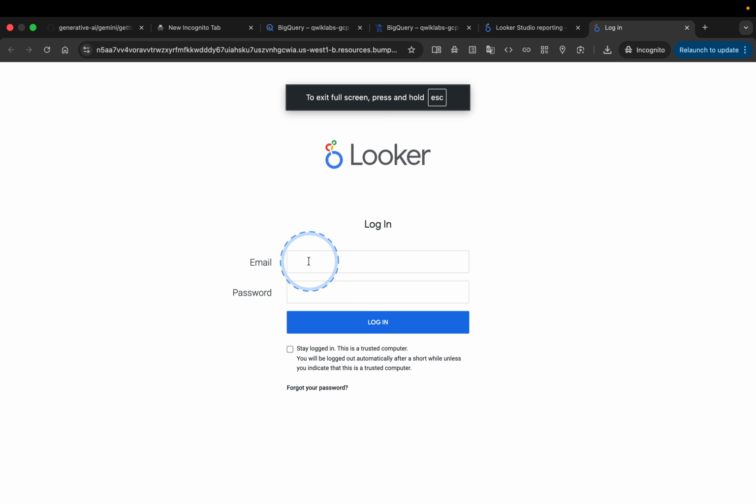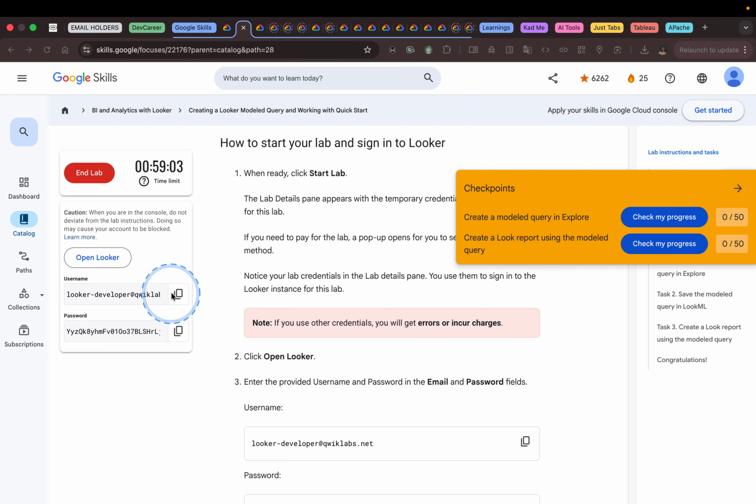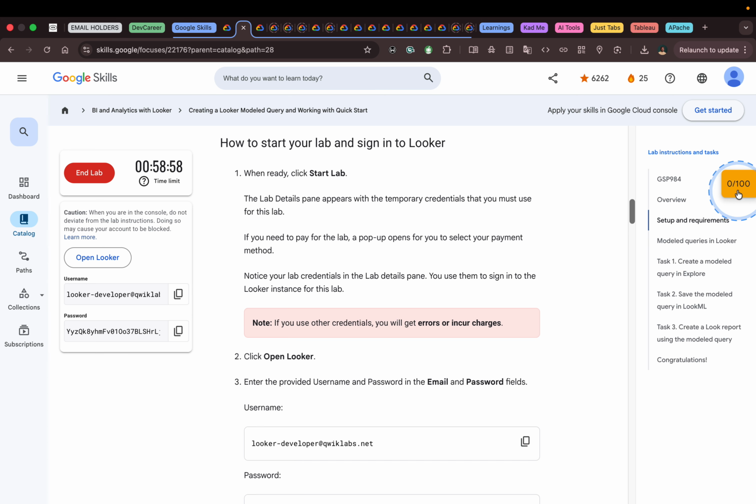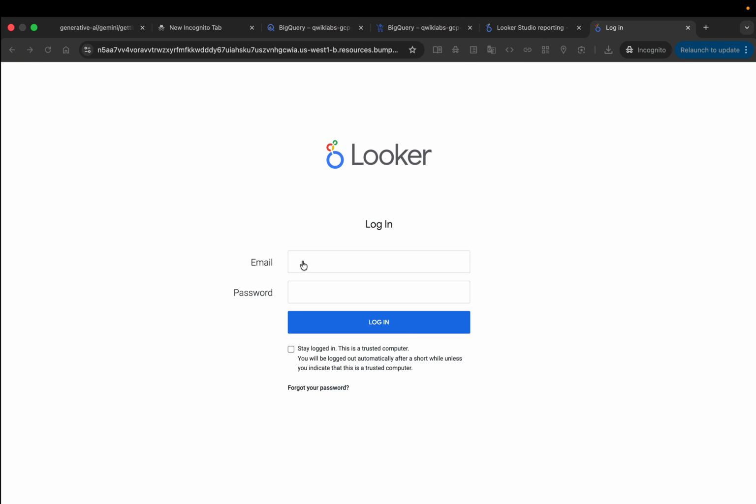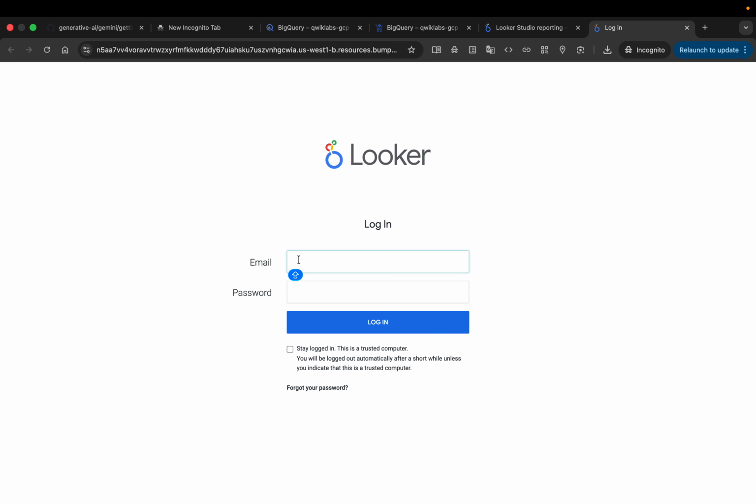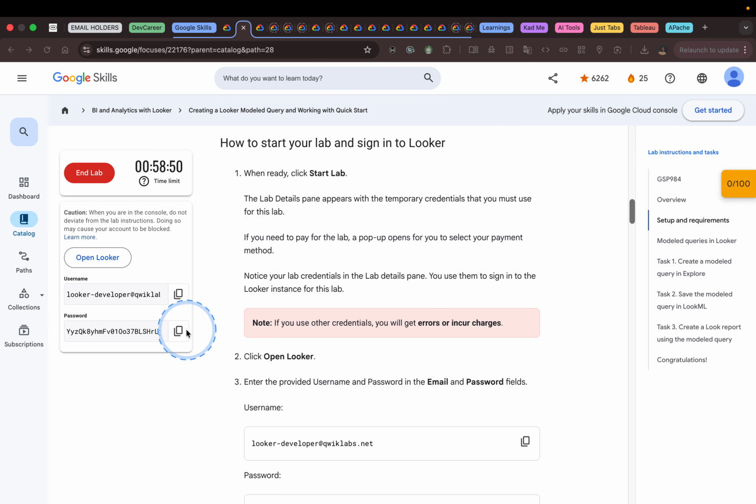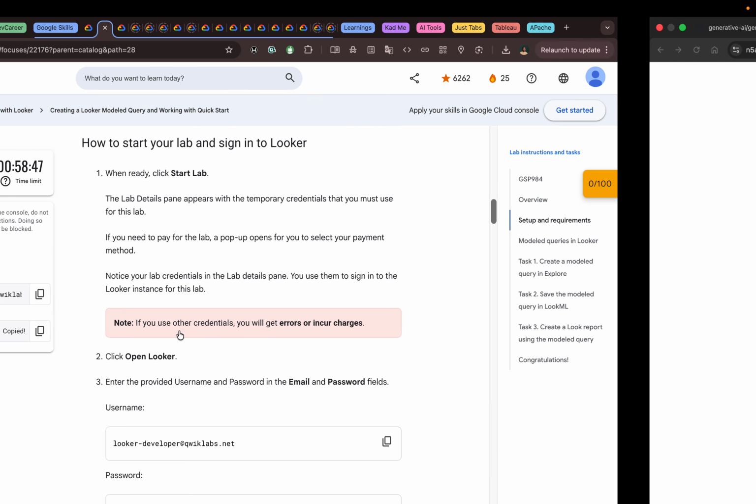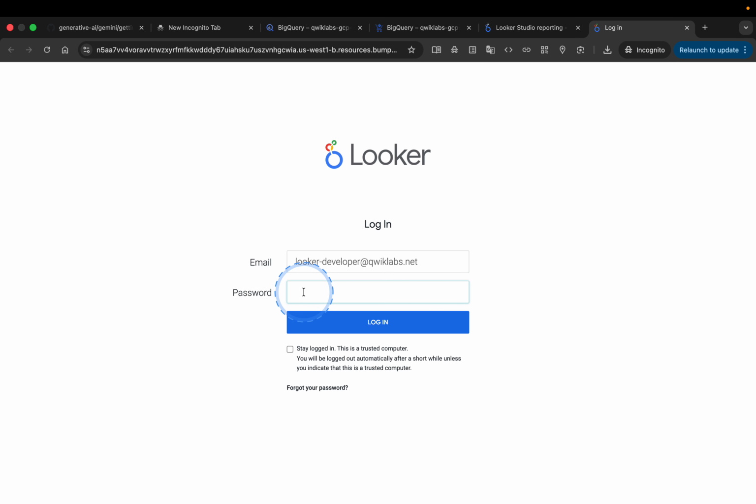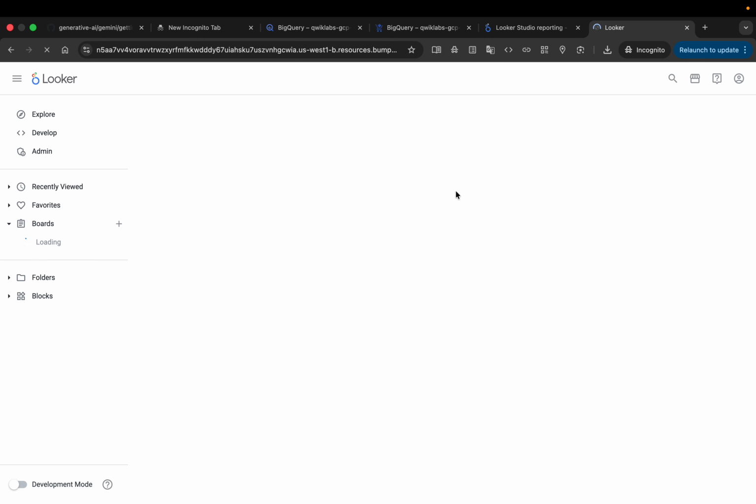Remember we had our access here. We copy our username, then copy our password. This is part of Google's access management control, so we have our temporary username and password. Once we've logged in,